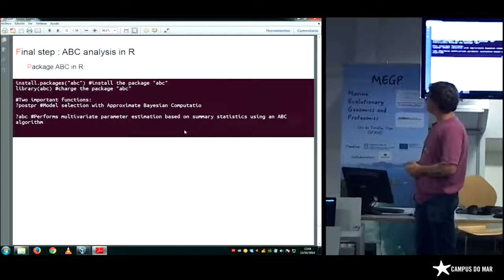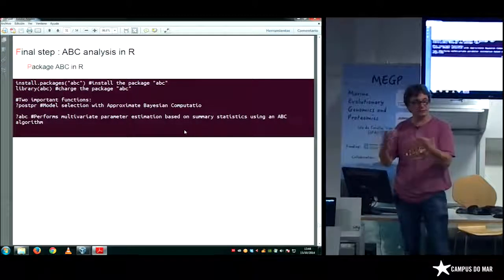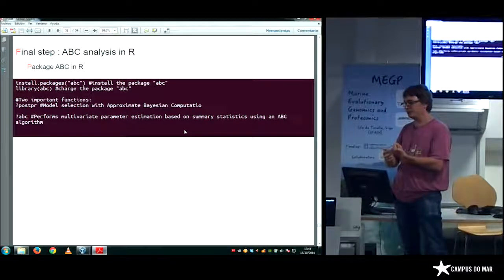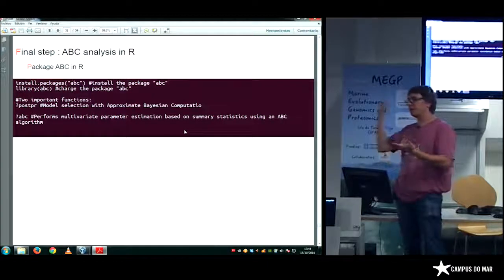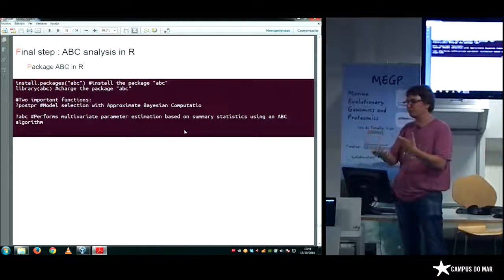So that's it. If you want to apply this method to your own data, at least you need to be able to create the BP file. Prior gen, you can use the argument file I gave you, but it's better if you take time to understand what is behind.